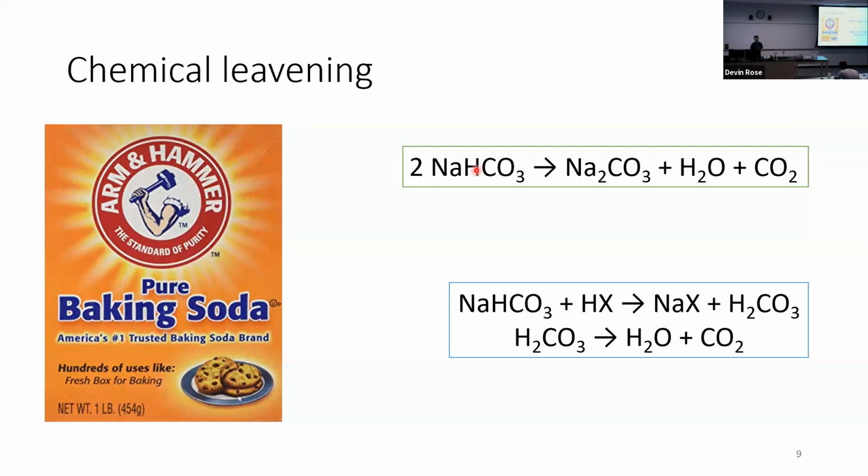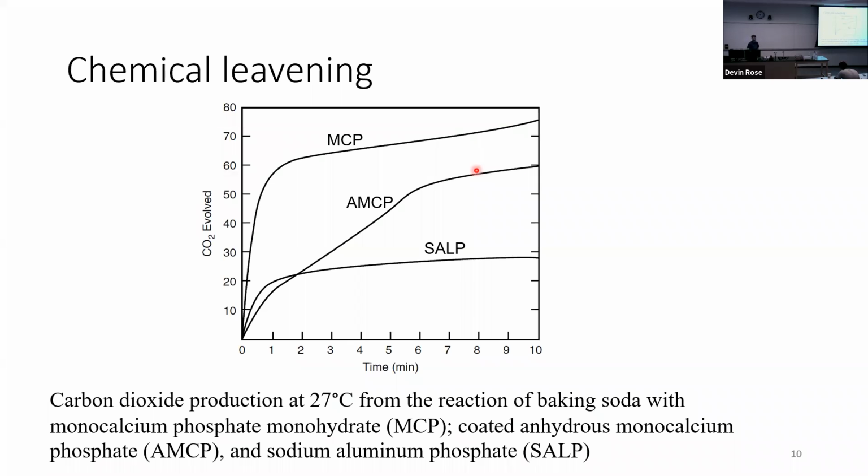So you can only use it in products that are going to be exceedingly dry when they come out of the oven, like the things I mentioned: pretzels, ginger snaps, some kinds of crackers. But the nice thing is that it breaks down by itself and there are no byproducts, because the ammonia comes off and the water comes off. Okay, but the interesting part about chemical leavening then is not so much the base, but the acid that